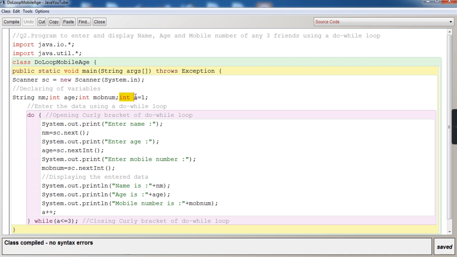One more integer variable has been declared, that is int a = 1. Why int a = 1? Because I am using a do while loop, so int a = 1 is the initialization part of the do while loop. The variable a has been initialized as 1 as int. Int means number, 1 is the number. The loop is going to run 3 times, as the question says,